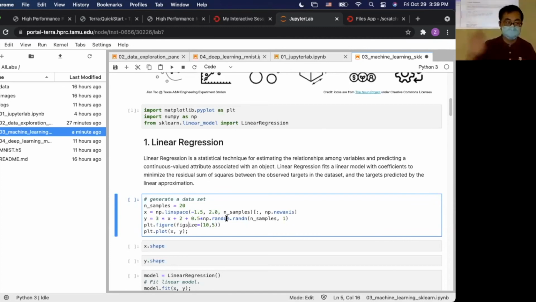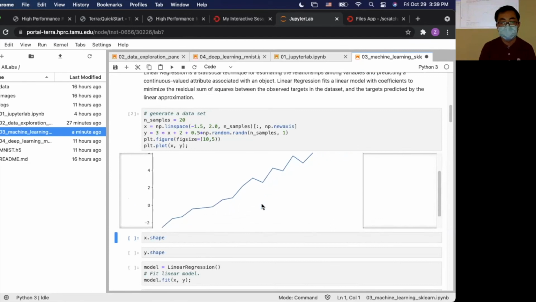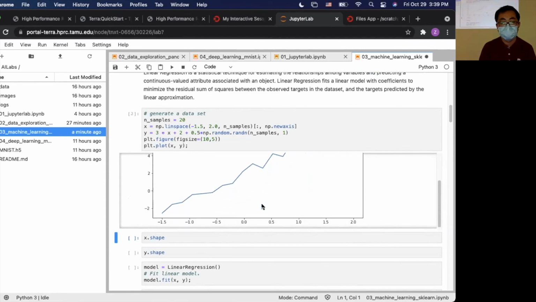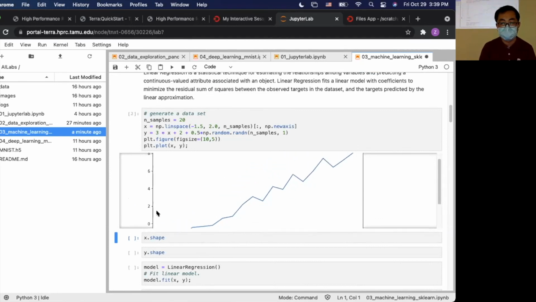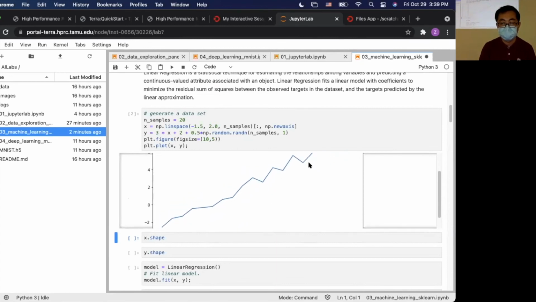We plot the figure of these X, Y to look at how the data points look. You can see it's like this. It has some randomness, and we want to fit a linear model to the data.